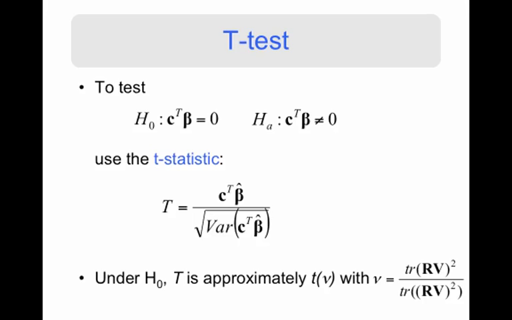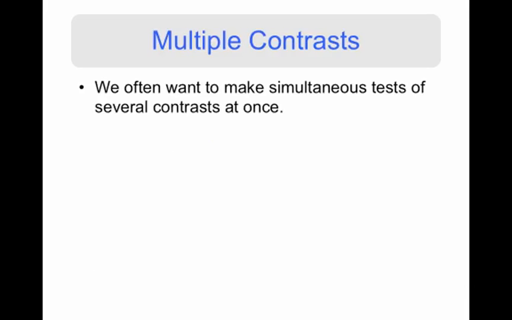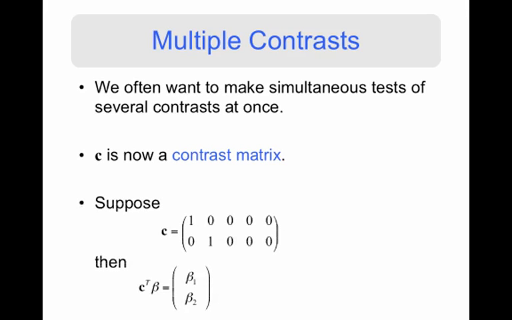Using this result, we can compute p-values and threshold this particular t-statistic. Now we often want to make simultaneous tests of several contrasts at once, and now we can express C as a contrast matrix instead of a contrast vector. So for example, suppose we have 5 parameters in our model, so beta 1 up to beta 5. Now the following contrast matrix, C, which is equal to 0 everywhere except the 1 in the first row, first